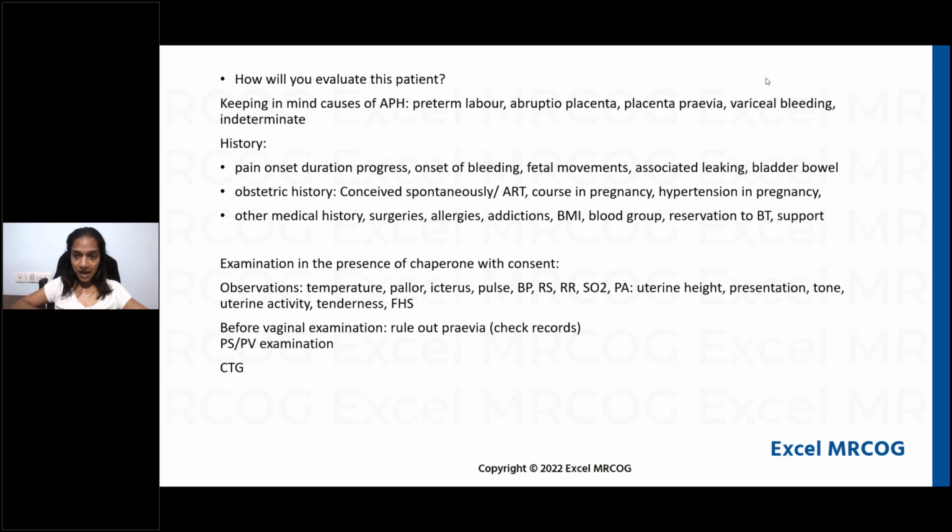Okay, you may have to do a vaginal examination considering that she's maybe in active labor, but before that you need to look at her records and check if there is any placenta previa mentioned there, because she could be bleeding because of the placenta previa. So if there is no placenta previa, you do a per vaginal examination and see what is the status per speculum per vaginal examination. CTG, most important because she's having bleeding. Okay, so after that, the observations were provided to you, then what you're going to do.